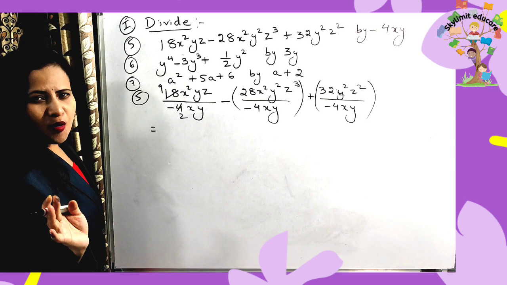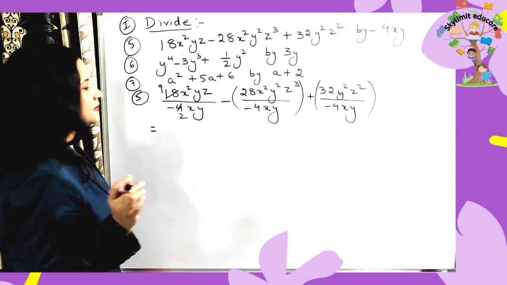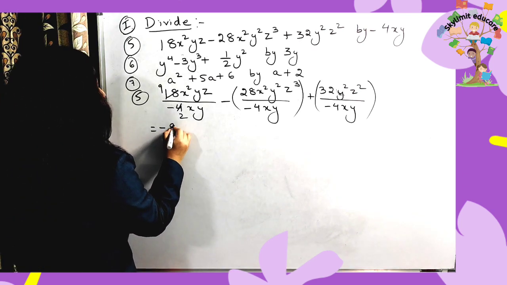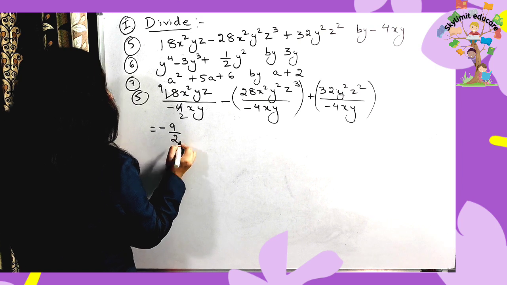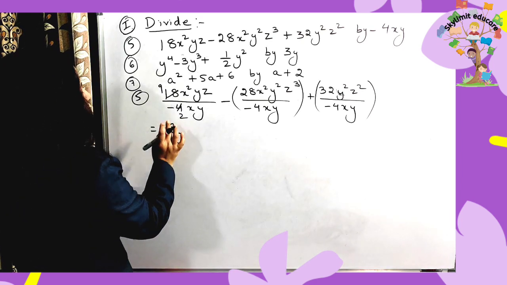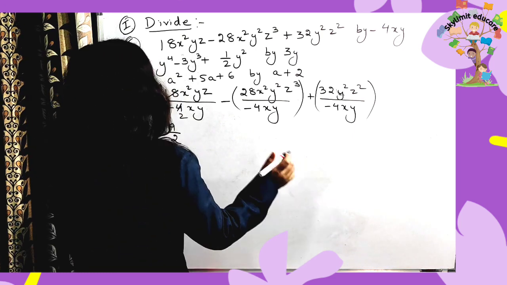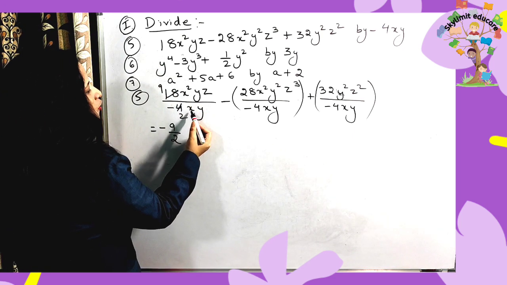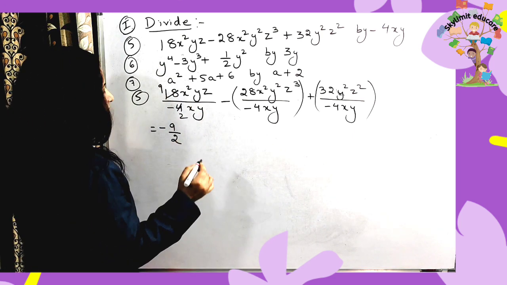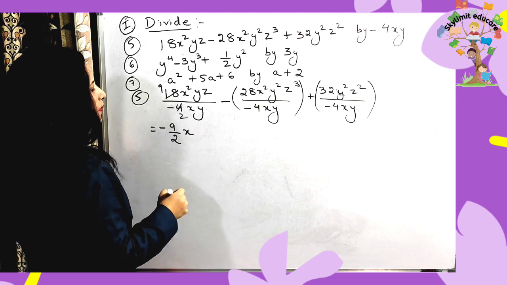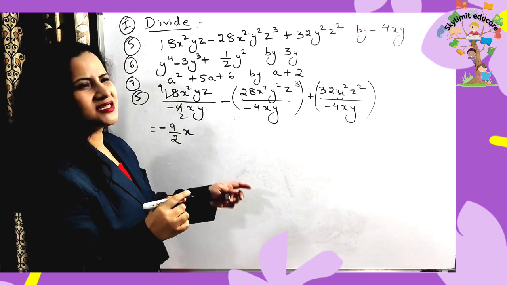So write the standard form always. Standard form, minus 9 by 2, you know, one is plus, other one is minus, minus 9 by 2 only you will get. Okay, standard form I wrote minus 9 by 2. Now let's come to the latter part. Here in the numerator, what is that? Power 2. Here in the denominator, x, power is 1. So x to the power of, now I'm going to write, I'll just do it orally.